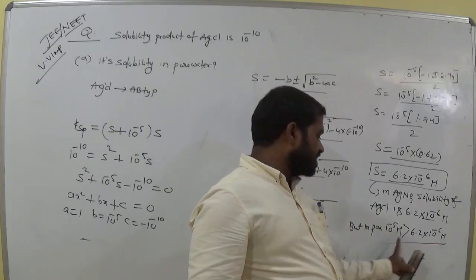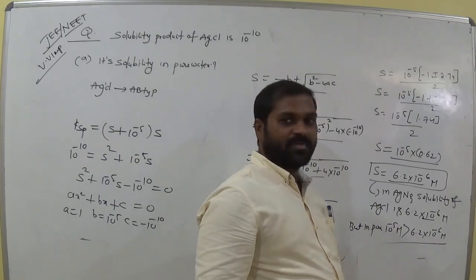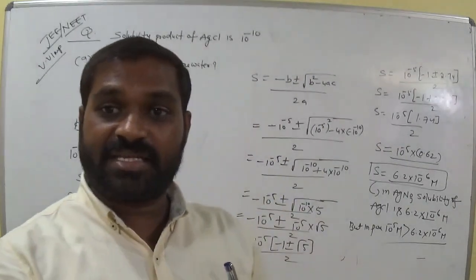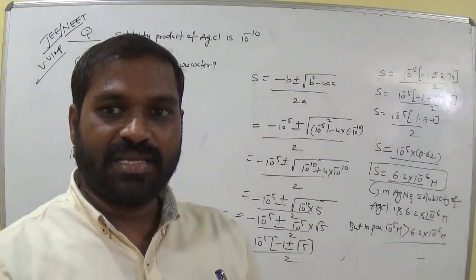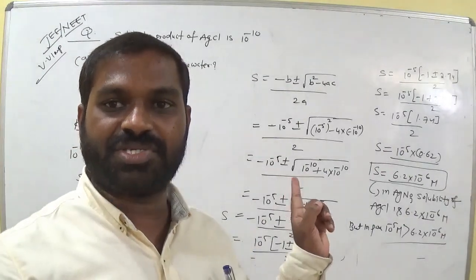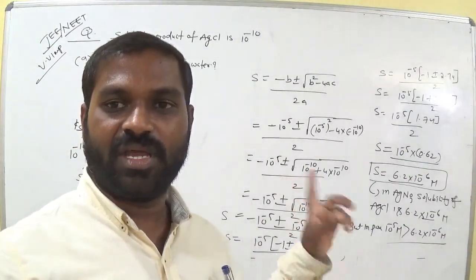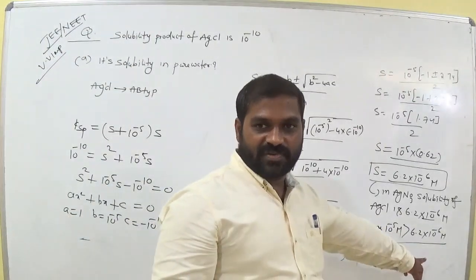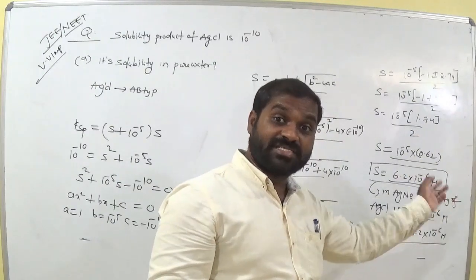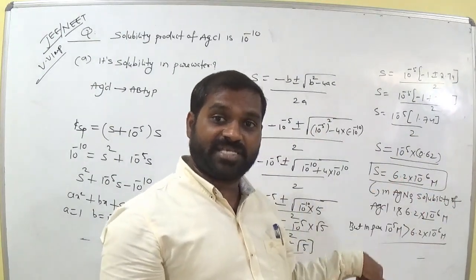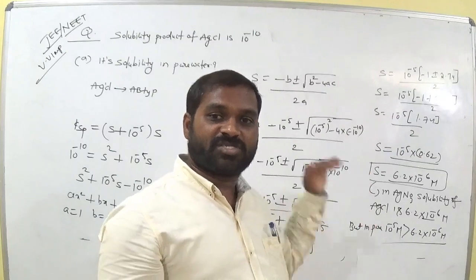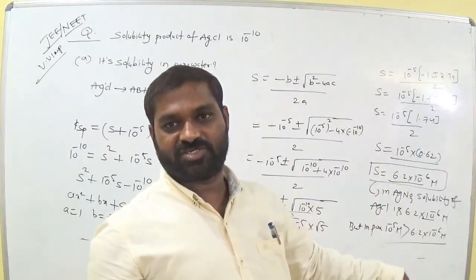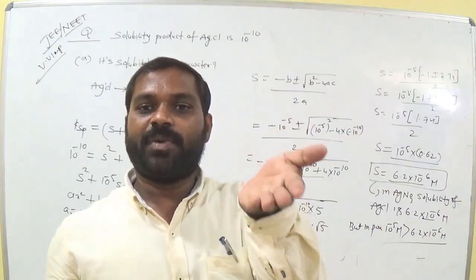Why is it 10 power minus 6? It is 10 power minus 5. Which one is less? 10 power minus 6. Okay, so when solubilities are equal, then we don't neglect the S. Is it clear? In that particular case, we make it a quadratic equation and follow the quadratic equation solution process. So in this case, the solubility in silver nitrate solution is 6.2 into 10 power minus 6, which is less than 10 power minus 5, am I right? Clearly, that means in pure water the solubility is high, but in silver nitrate it makes precipitate due to the common ion effect. Solubility less means it makes more precipitate in the solution.